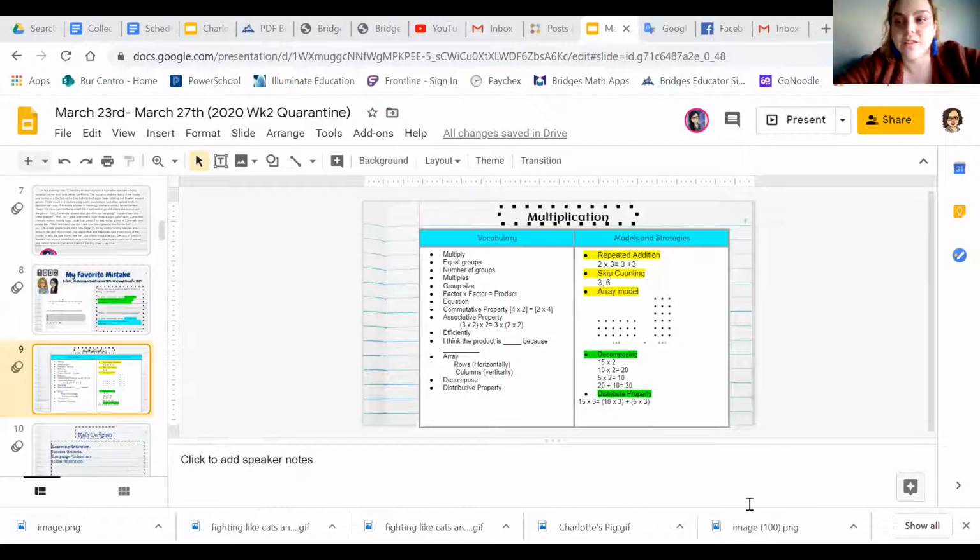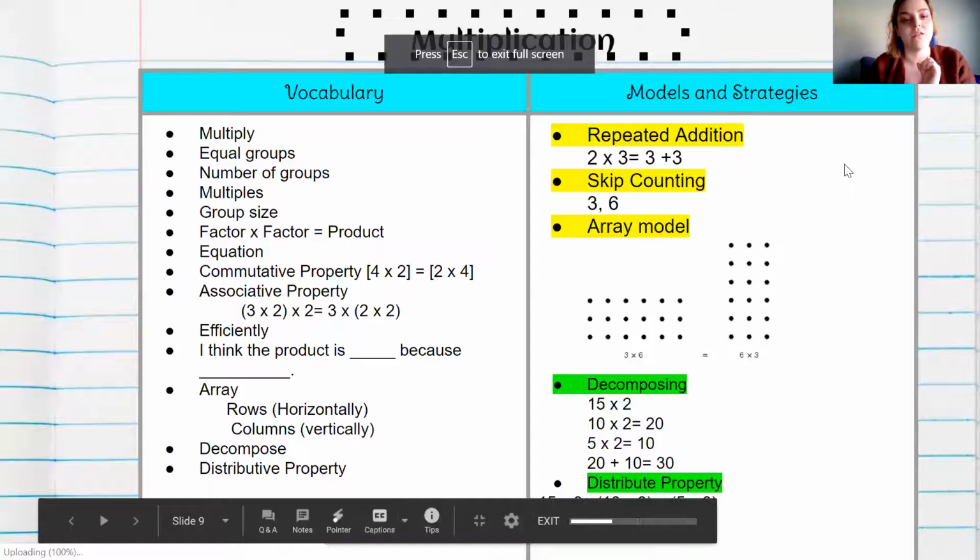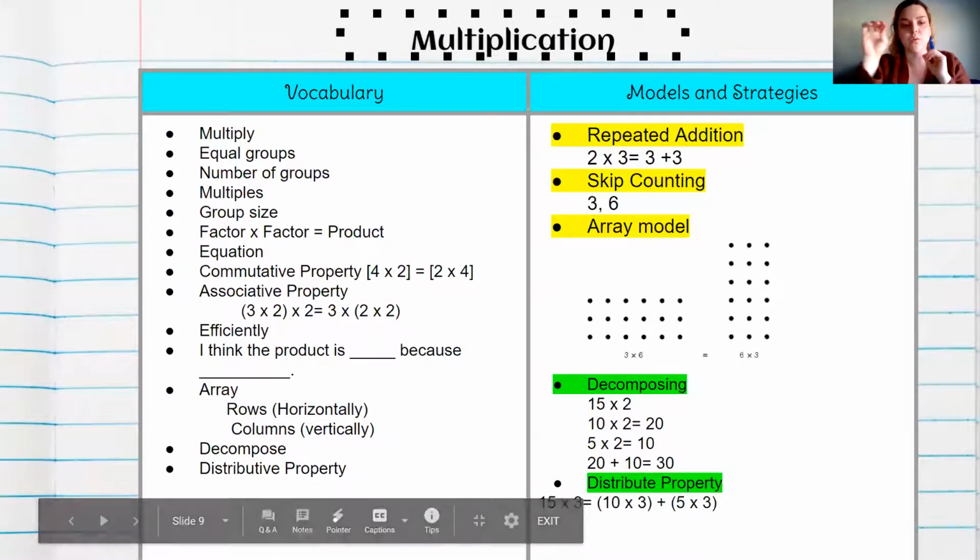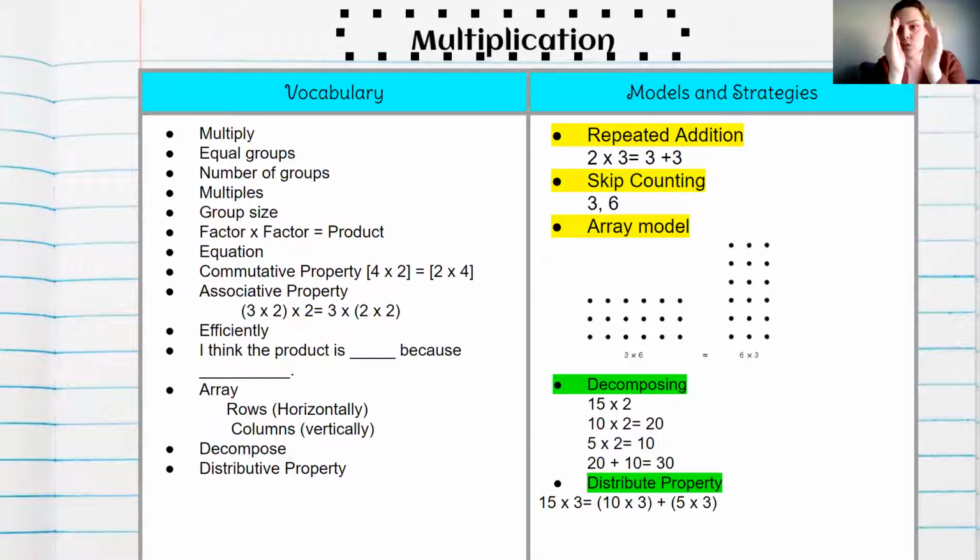All right, so remember, you say the word, I say the word, you say the word, and you just do the gesture with me. So say it with me. I'm going to make this bigger so you guys can see it better. Say it with me. Multiply, equal groups, number of groups, multiples, group size, factor times factor equals product, equation, commutative